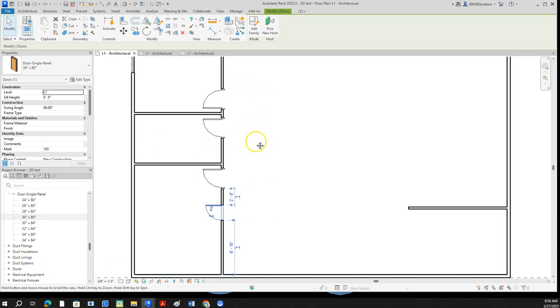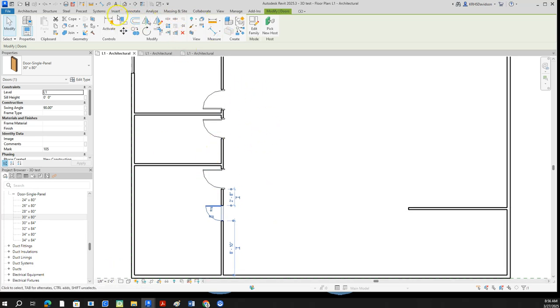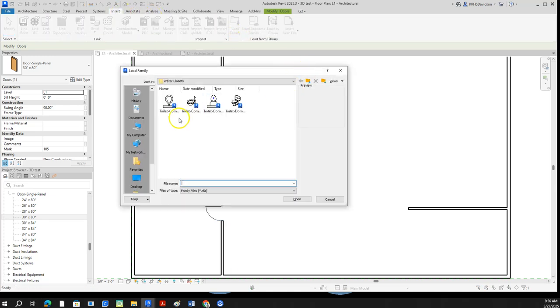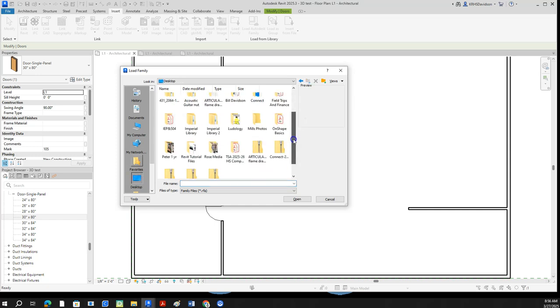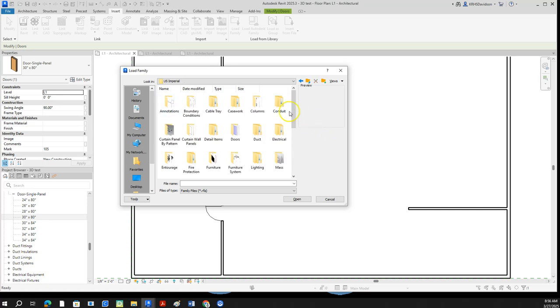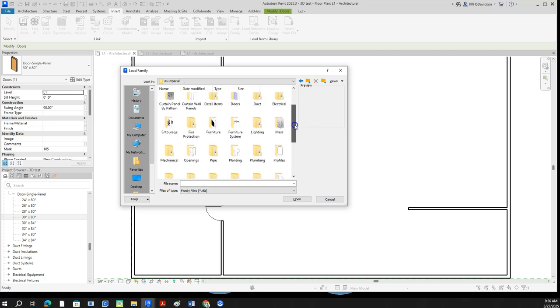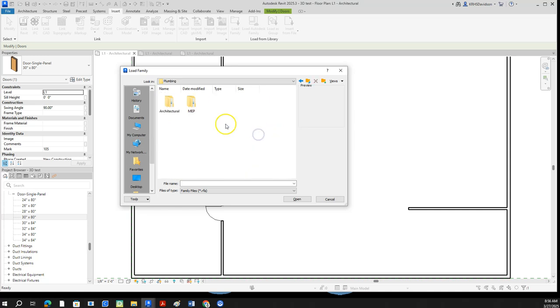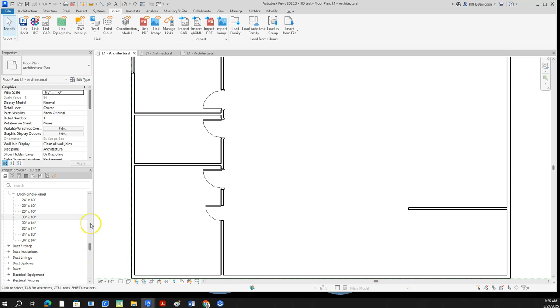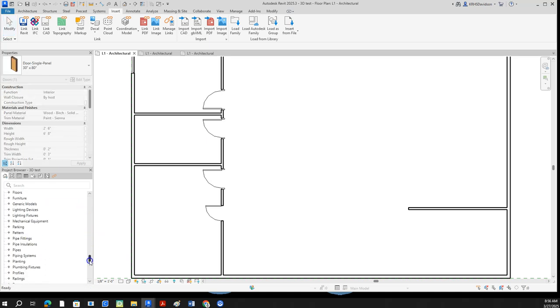Doing the same, if I want to add in, say, a tub, I'm going to go back to Insert. I'm going to load Family and go to Desktop and go to Imperial Library US, and I might do something like look for the tub, probably in plumbing, architectural, probably in fixtures, bathtub right here. To click 2D bathtub and open that and put that in. Right, so then I'll come over here to families, and I just went into plumbing, so it's going to put in plumbing fixtures right here,